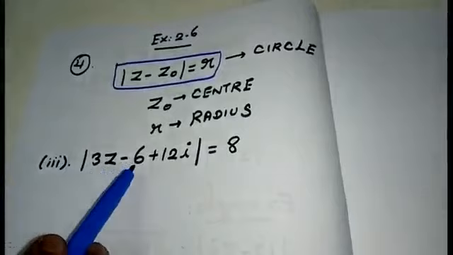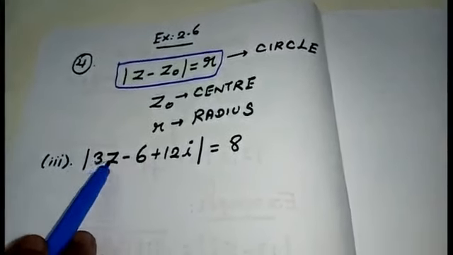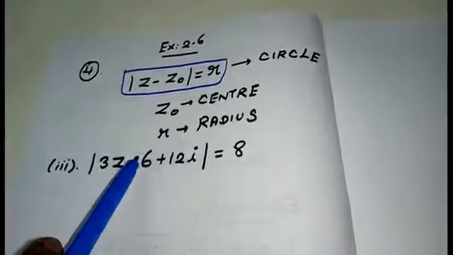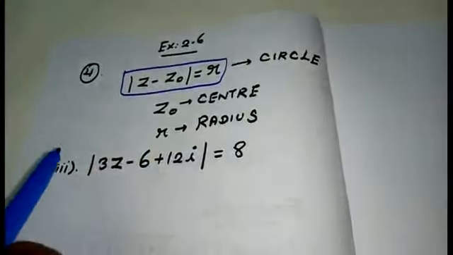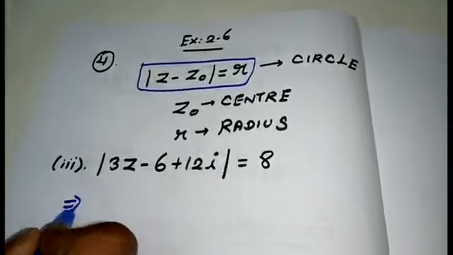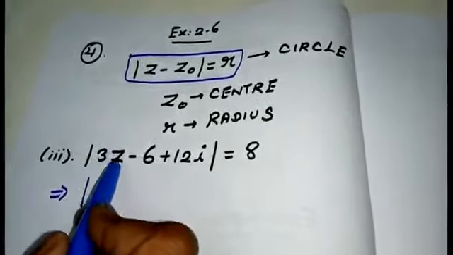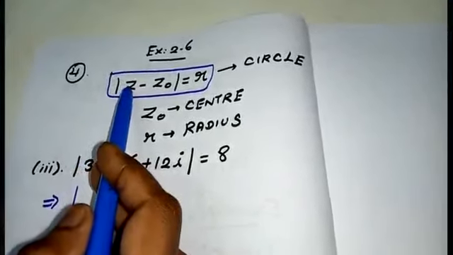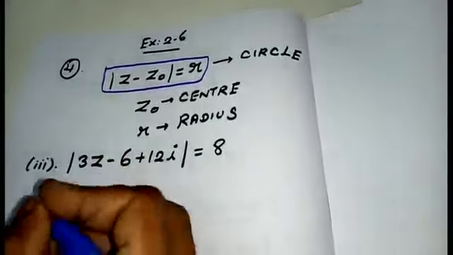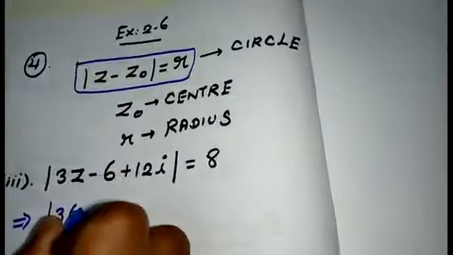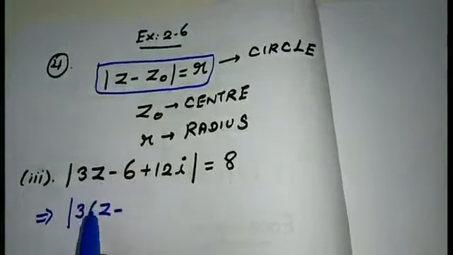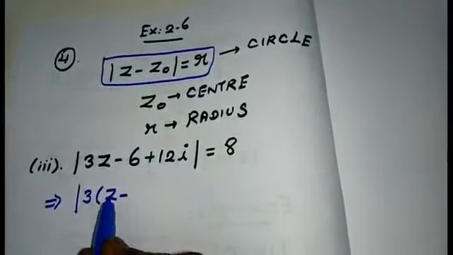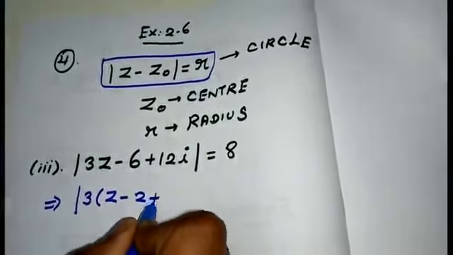Third one, they have given you this question, that is modulus of 3z minus 6 plus 12i equal to 8. I am going to bring this particular question in this form. So what I am going to do here is, first I am going to take this 3 common outside, because in place of z I should not have any other value other than 1. So 3 common outside, inside the modulus, 3 into z minus 2 plus 4i